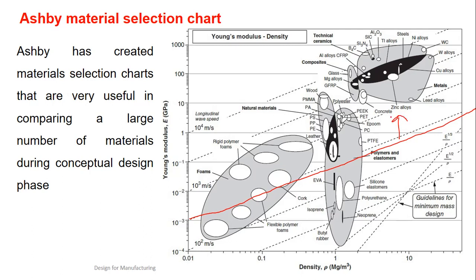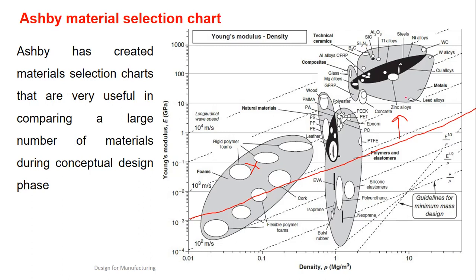So what are the materials available? I can select steel, I can select titanium, I can select composite, natural fibers, foams also. First I got a lot of options of materials which technically satisfy my design needs. Next phase is the availability of that material. Let's say foams may not be easily available, so I can say, okay, I don't want that one. Now I have the option of wood, which is easily available; steel and titanium are also available.